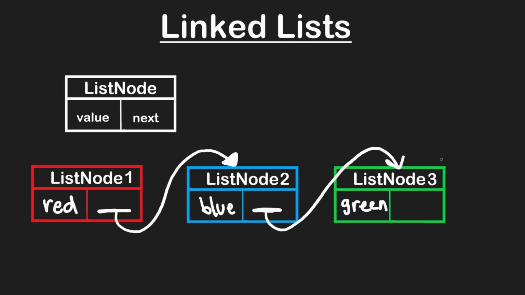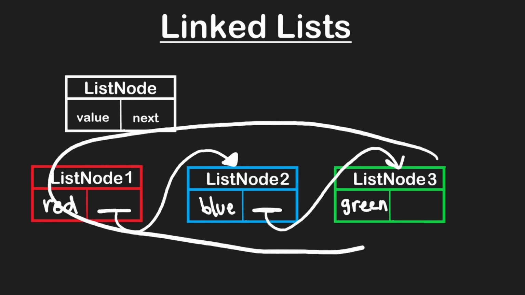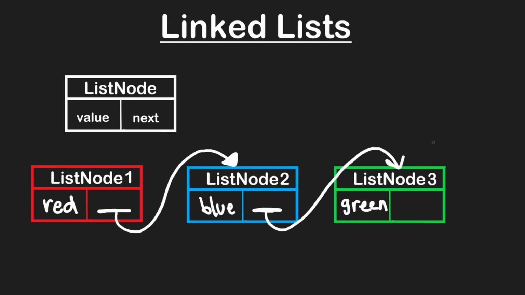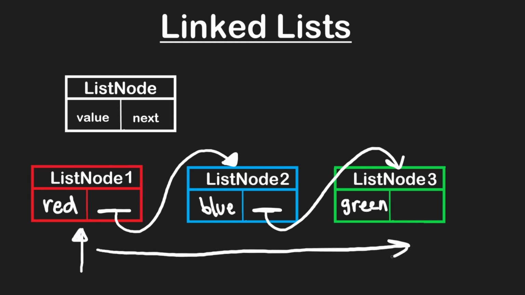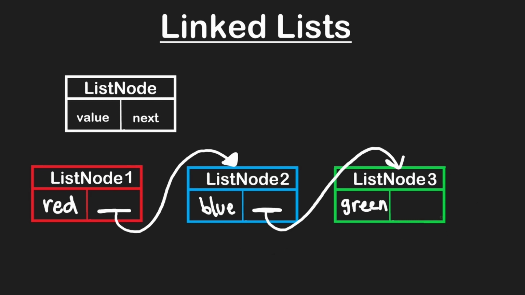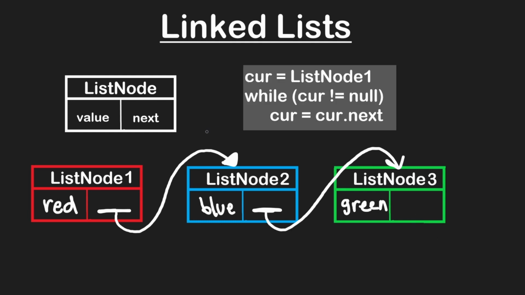So now that we have an idea of how linked lists are stored in memory, we're not going to worry so much about the details of what's exactly going on under the hood. Now, what if we wanted to start at the beginning of our linked list and then loop through every single node until we got to the end? And we would know we got to the end, by the way, because our last pointer is not pointing at anything. Now, depending on the language that you're using, the code for that would look something like this, where first